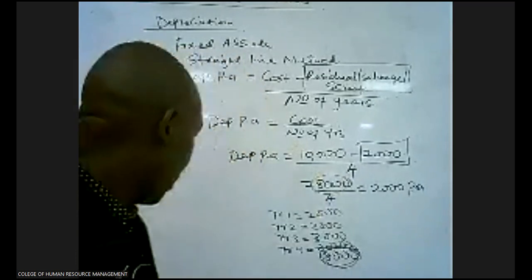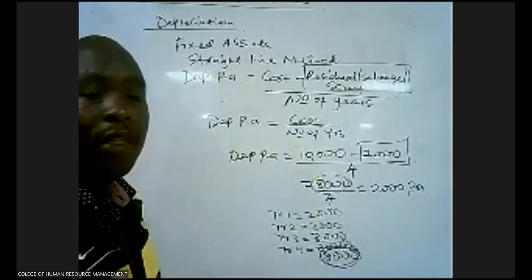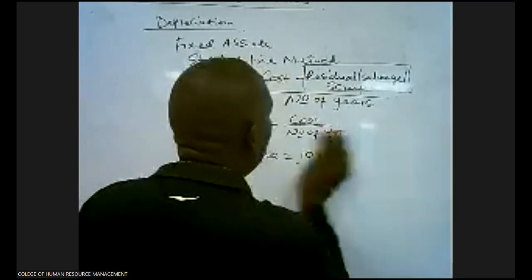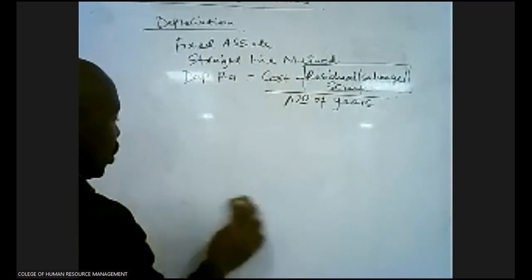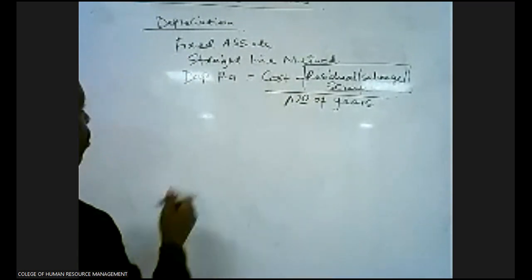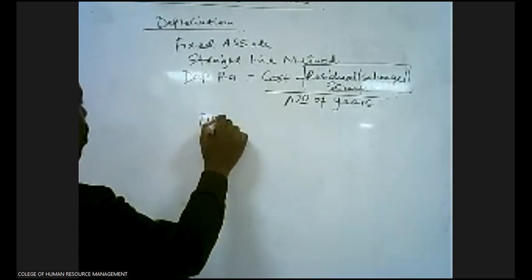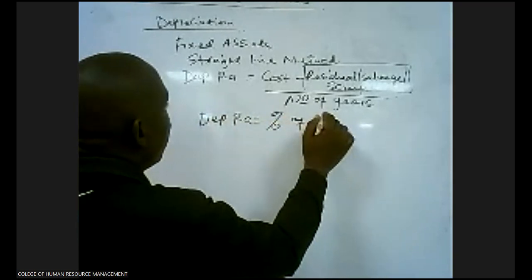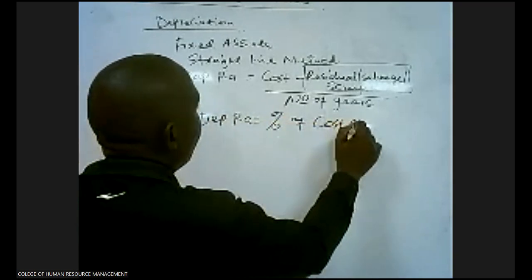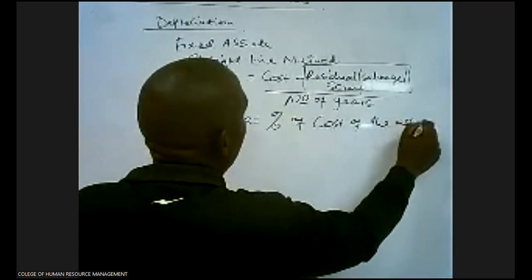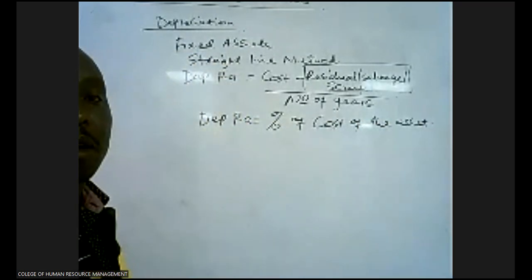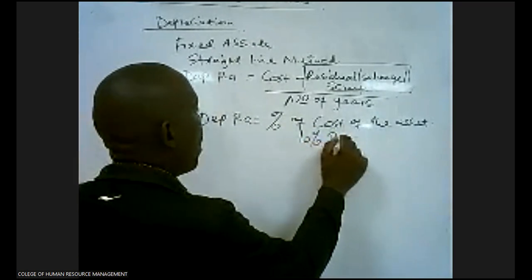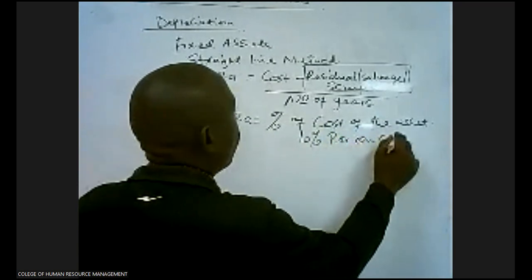But in most examination scenarios, they will not be giving you this. What they will give you is a percentage. So under straight line, depreciation per annum can be equal to a percentage of the cost of the asset. When you are told that the furniture depreciates at the rate of 10% per annum on cost,